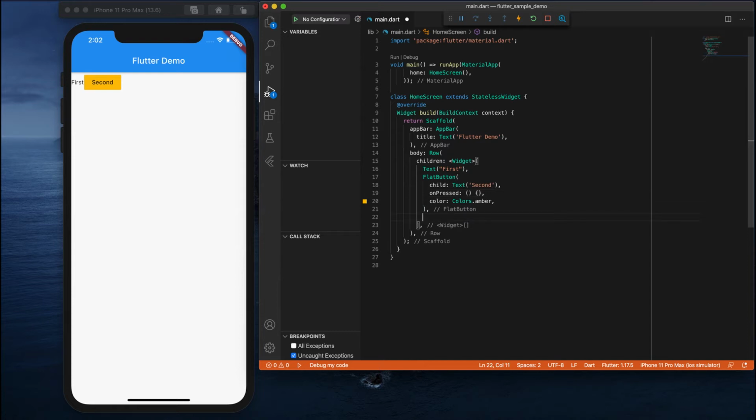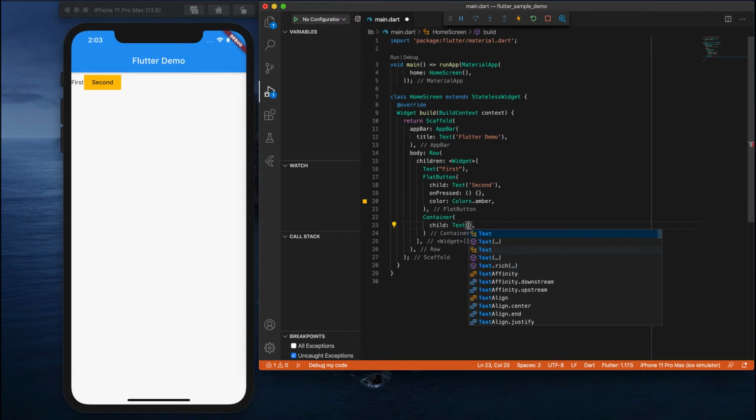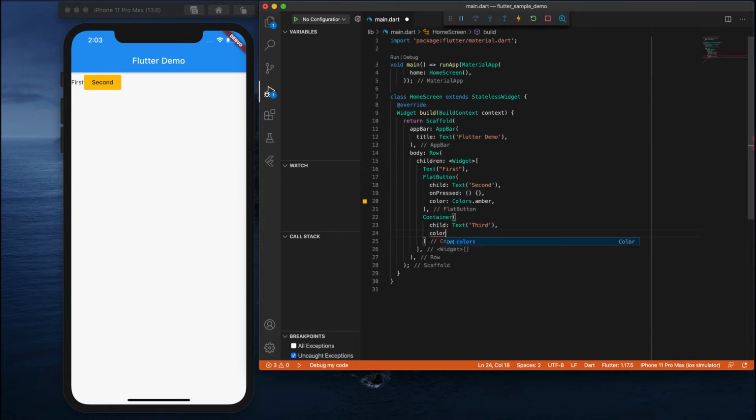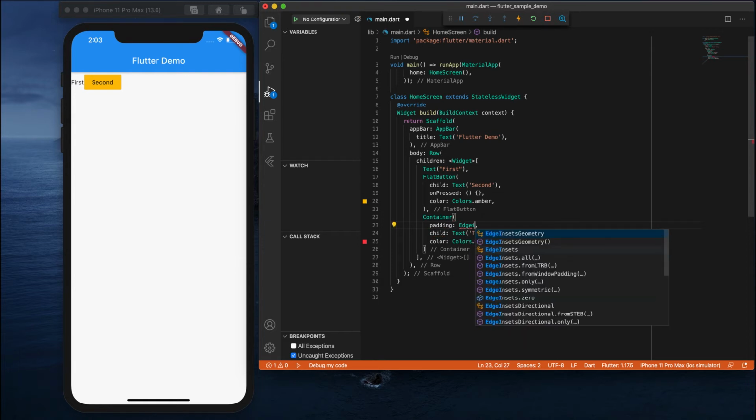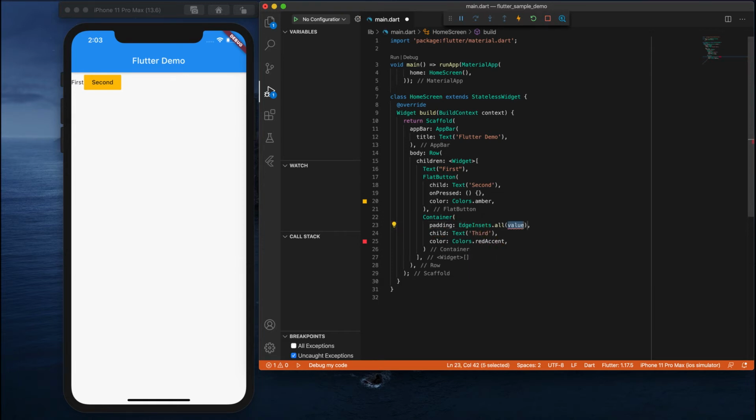And finally the third one, I am taking a Container. Inside the Container I will write the child property as a Text where I'll give a name, and I'll apply some color, an accent color. Along with that, in the Container I'll add padding also. I will give a 30 pixel padding. Now let me save this. Here in the simulator you can see there are 3 different widgets I have